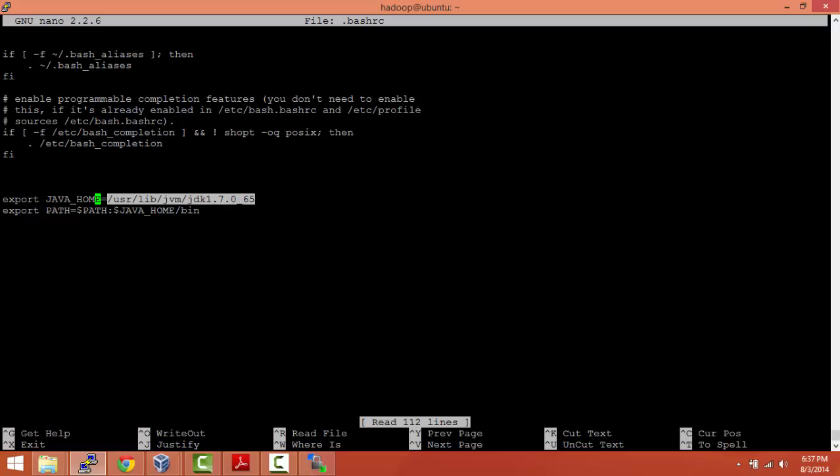This is the Java home that I need to set in my environment variable file, that is .bashrc. .bashrc is the file where I can set all my environment variables. Then path is the location where all the commands are executed. We can get all the commands. So I am putting Java home /bin also here, so that I'll get javac, all the things available